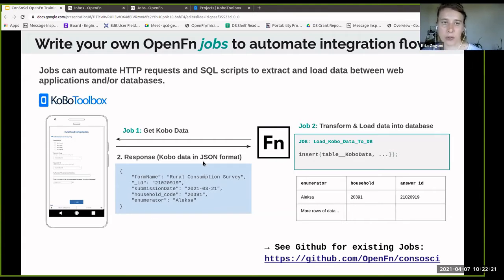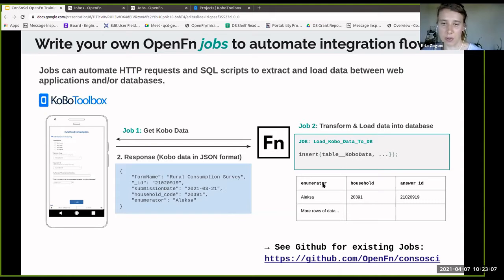Just to dive into it a little bit more, you would have one job where OpenFN connects to Kobo to get the data, and the response you get back is in this JSON format, this structured format that Alexa mentioned, that would basically describe your Kobo form and has the information from the submission in this structured format, which then can be directly first transformed or cleaned, and then inserted